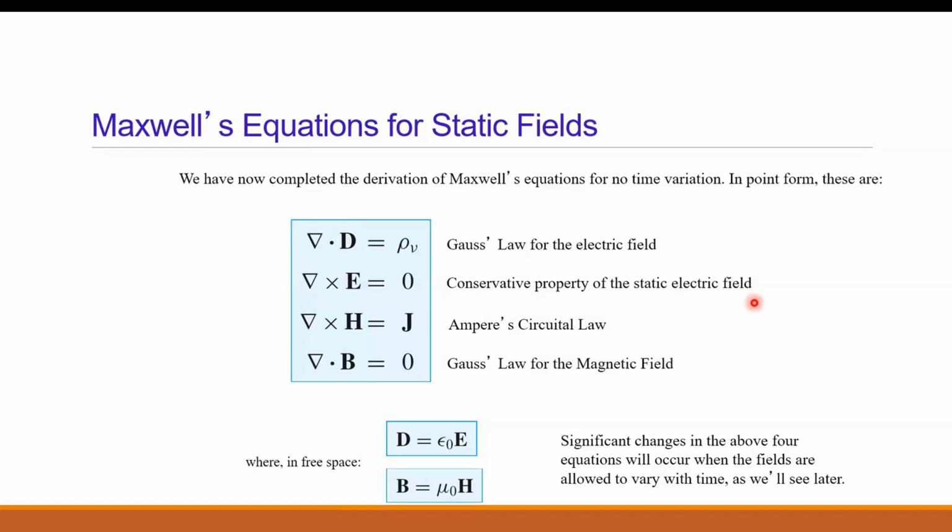For a static electric field, del cross E is 0, otherwise not. Del cross H bar is equal to J bar. That is derived from Ampere's law, the point form of Ampere's law. And the last one, del dot B bar is equal to 0. This is derived from Gauss law of magnetic field. So these 4 equations are very important equations that relate some electric field quantities with magnetic field quantities or their sources. Del dot D, del dot B, del cross H and del cross E.